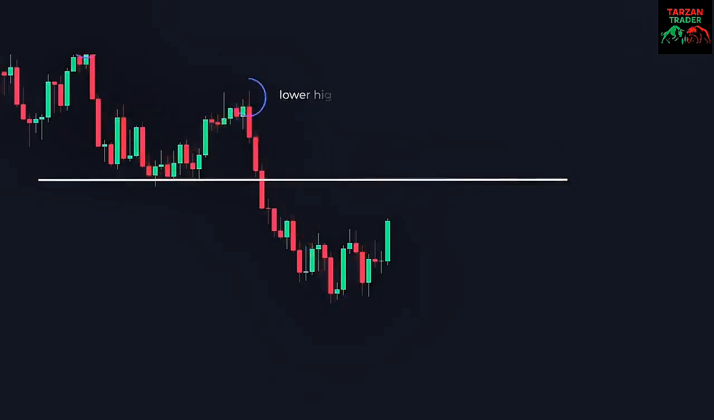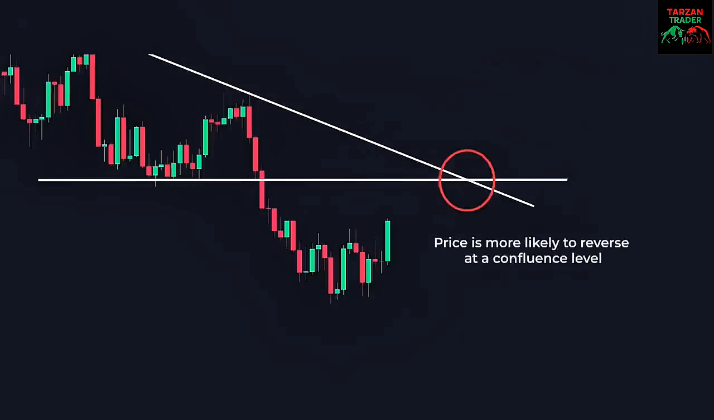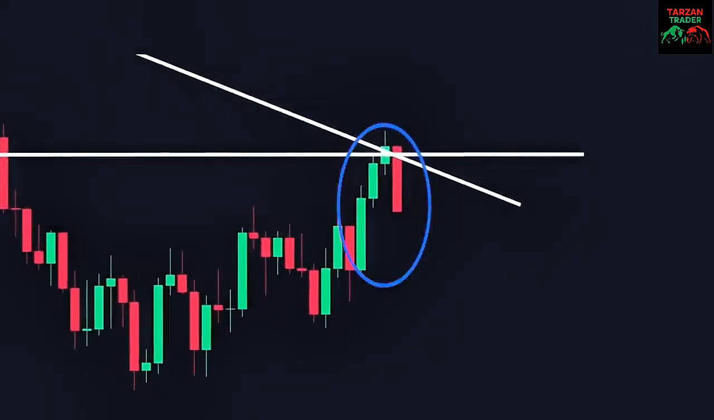But notice something even more significant. Price has also created 2 lower highs, forming a strong downtrend line. The area where this trend line intersects with the resistance level is called a confluence level, an area where multiple key levels meet. Price is much more likely to reverse at confluence levels because you have multiple technical factors working